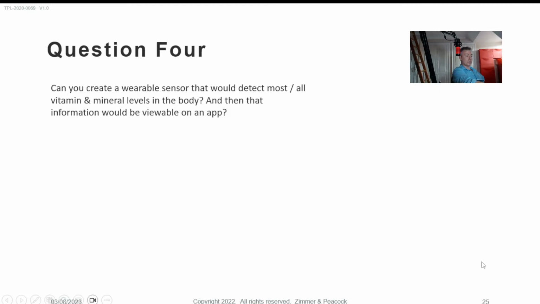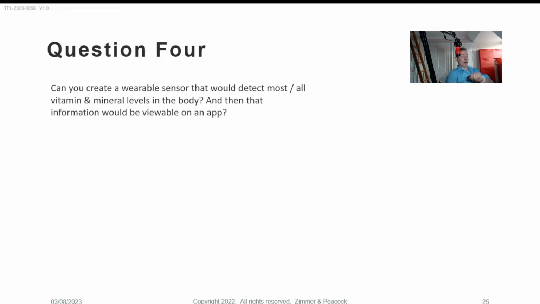Question number 4 was, can you make wearable sensors that detect vitamins and mineral levels in the body? A quick answer is we can. This is one of the technologies that we own at Zimmer & Peacock. A lot of our technology stack at this point has had millions put into it. This technology is a wearable microneedle technology. It's not something you'll find a lot on our website. This has had at least 3 million invested in it,